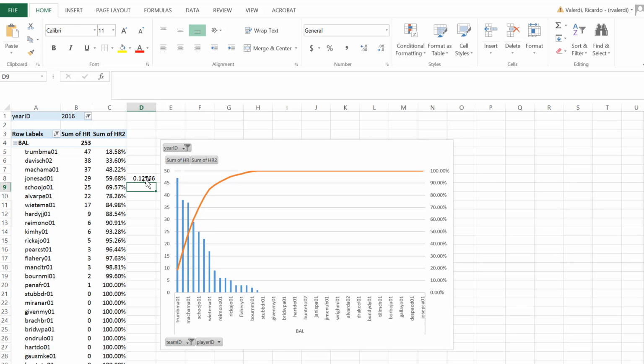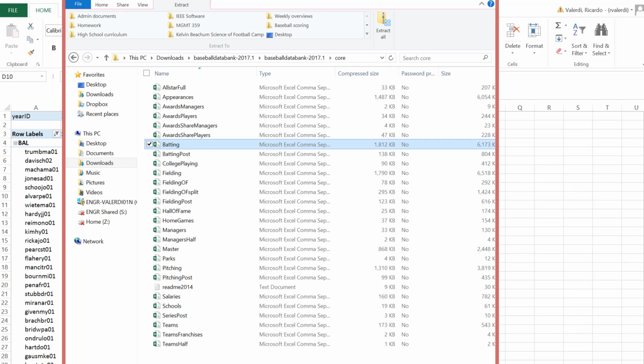So 12% of the roster, let me put that in that cell, 12% of the players make up 78% of the home runs. So the Pareto principle certainly applies to home runs and home run contributions. Now, let's do a similar analysis by using the salary